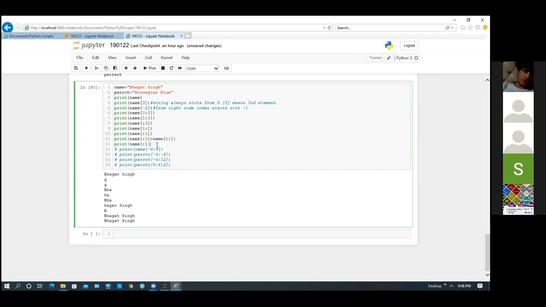So let me write it. Total index. If I am printing -4 to 9, what will be the thing? -4 to 9.